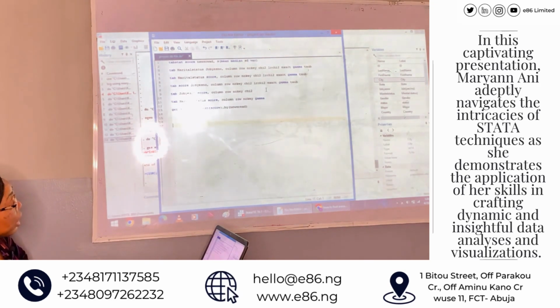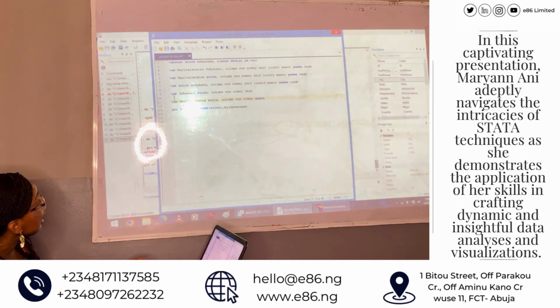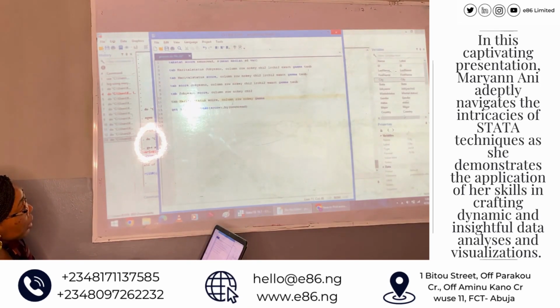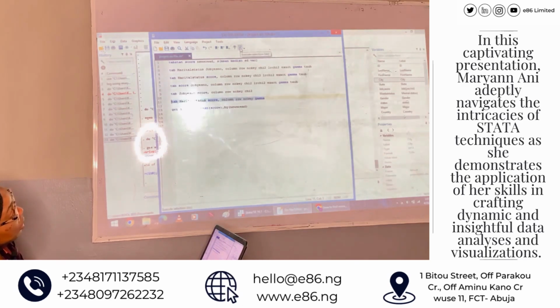Now I want to calculate if having a job affects you as a student, affects your grade. And in this place, I use the gamma test, and that is what is here. The command for that is what you're seeing here: tab, marital status, score. Now this score, you can also use grade instead of score. And this is the gamma. These are the commands for it. If I want to check, I'm going to copy all that. And in this place, here where my cursor is, there is execute. And when I click on execute,